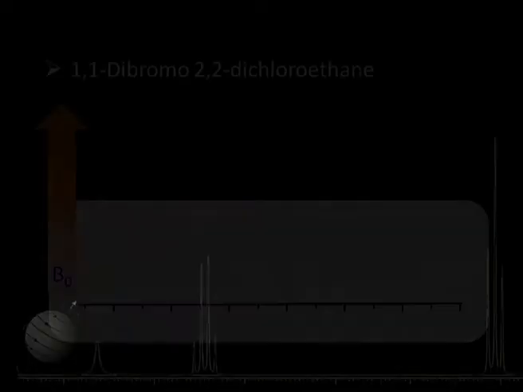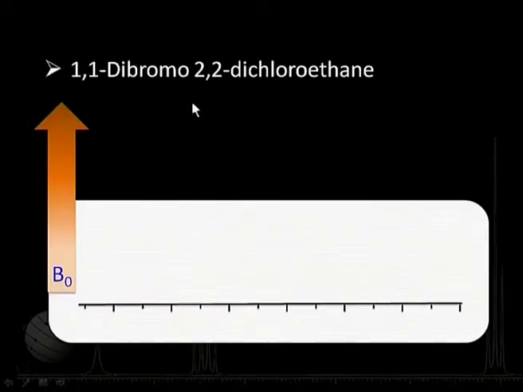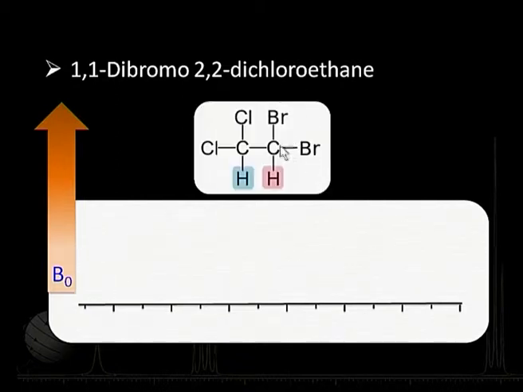So, with this little background on the meaning of spin-spin coupling, let us look at some systems. Let us look at this molecule, 1,1-dibromo-2,2-dichloroethane. That is the structure of the molecule here. With whatever little we have understood so far about the chemical shift and the factors affecting it, we can see that in this molecule there are only two protons, indicated with two different colors. This proton and this proton are going to have two different chemical shift positions, because this one is attached to a carbon atom attached to two chlorine atoms, whereas this proton is attached to a carbon linked to two bromine atoms.